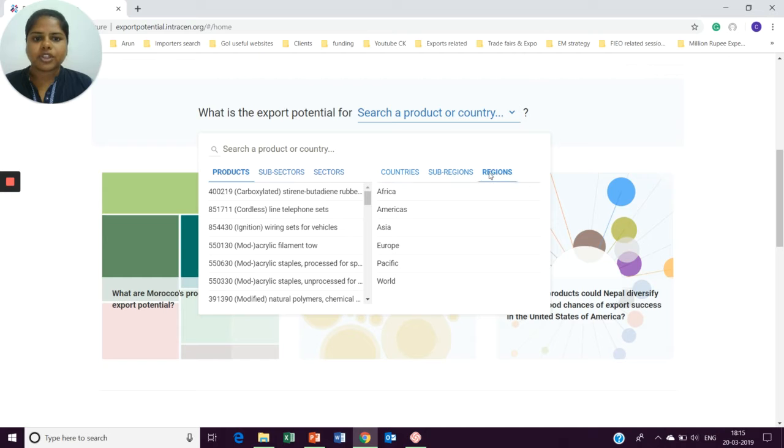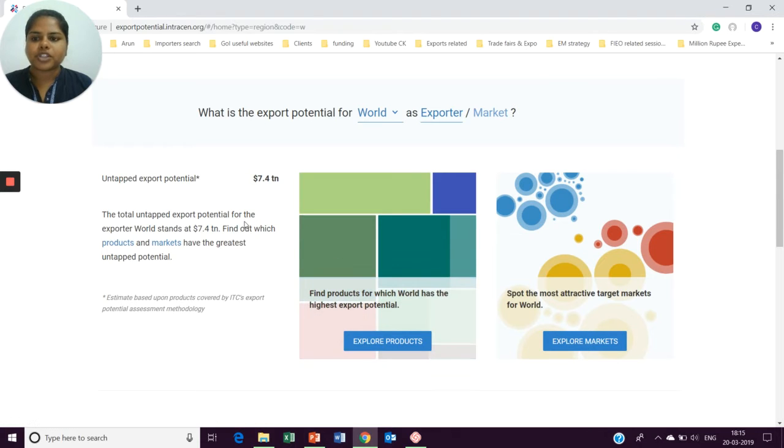I'm just going to click on region. Region is the world as a complete region. It takes some time to process. Yes, we have got it. So world. Is there future export potential?